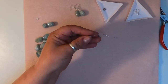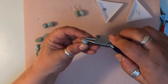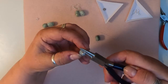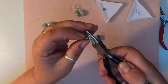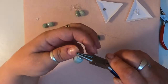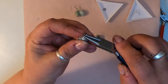So you need your round nose pliers now. Just pop your plier on like that and bend it across. Move your pliers round. I'm just going to twist that wire around, bringing that round. So just straightening your little loop up,